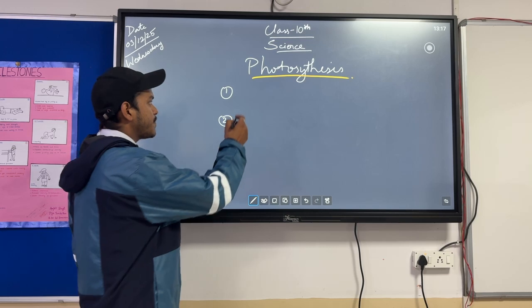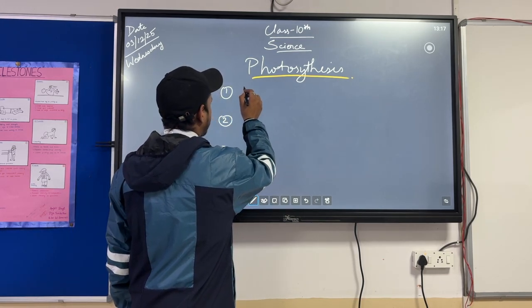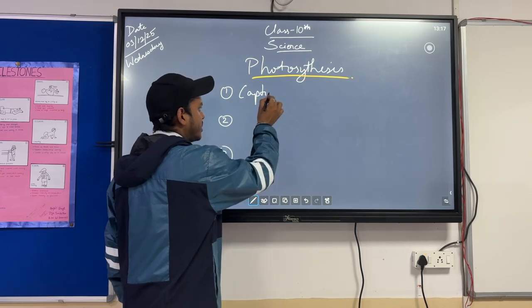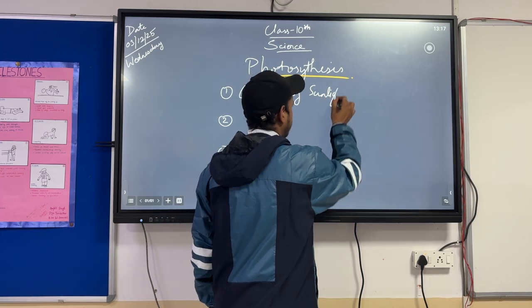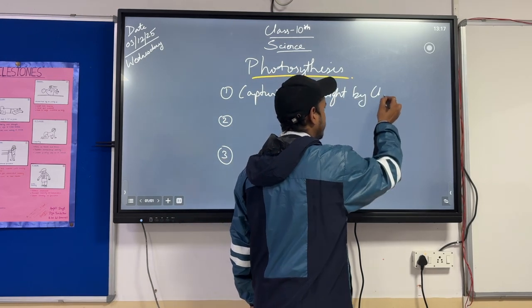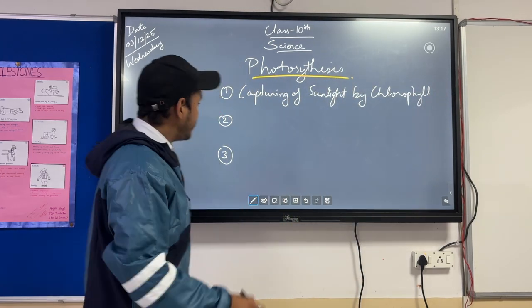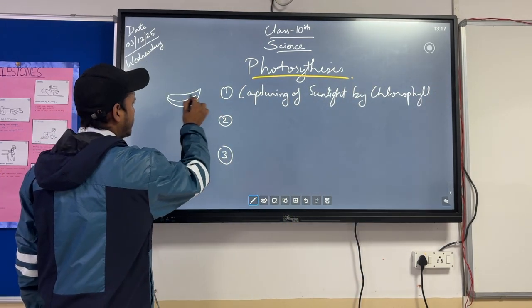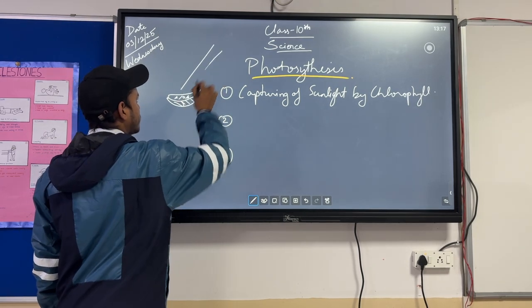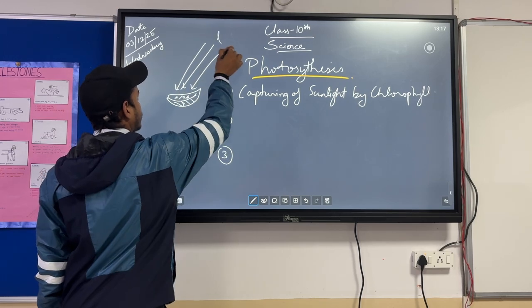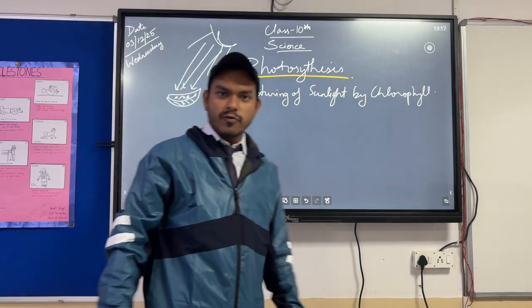So the very first step required for photosynthesis is capturing of sunlight by chlorophyll. There are very small pigments present in leaves, green colored small pigments, which capture the sunlight. Sunlight is captured by the chlorophyll of leaves. Then